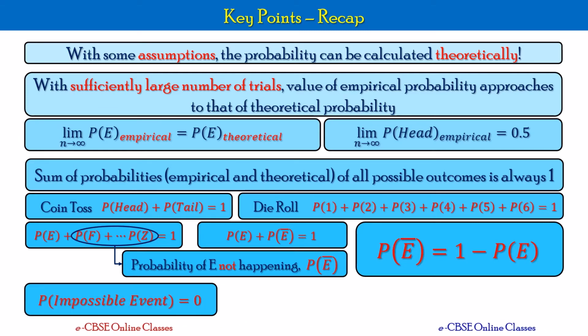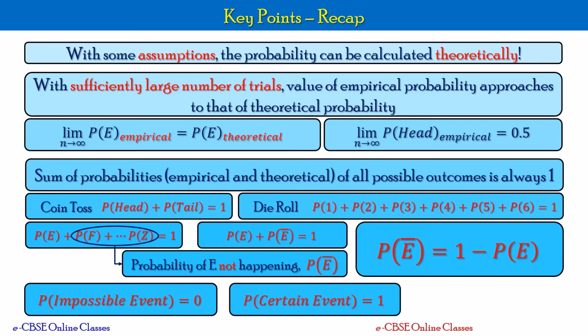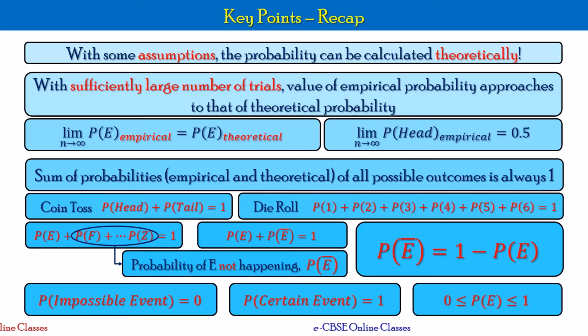Before we go any further, let's quickly look at the extreme cases of probability. The first extreme is for the impossible event. For example, the event is not possible at all. So then we say that the probability of that event is equal to 0. Second extreme is probability of a certain event. That means that is the only event possible. So probability of certain event is equal to 1. So all other events, the probability will be between these two extreme values. So my probability will be between 0 and 1. So 0 less than or equal to P of E less than or equal to 1. Please remember this point as well. This is very important.